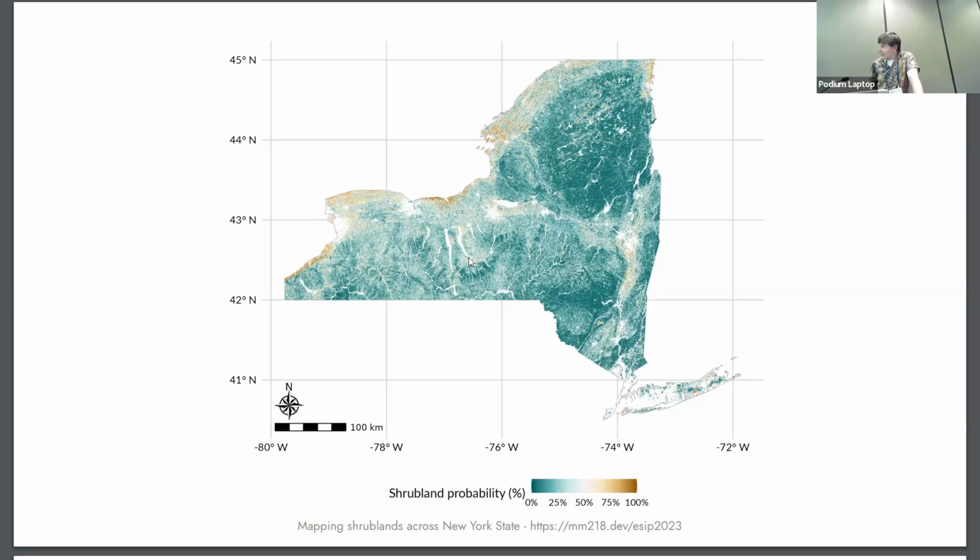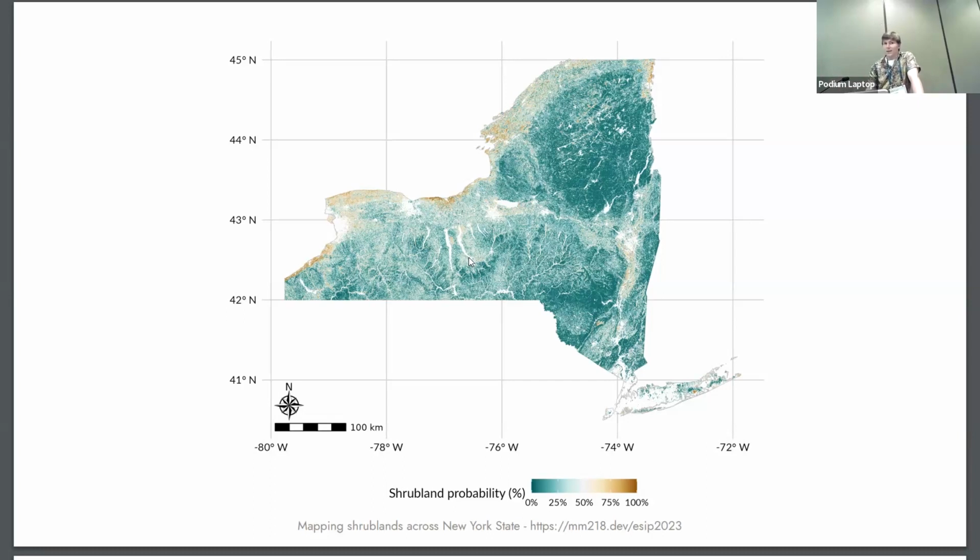Similarly, all those northern areas that are brown, especially along Lake Champlain here on this edge, are areas that we know have a lot of farmland being abandoned that's returning to forest. So spatially, this approach seems to do a lot better than what the national products are able to give us.